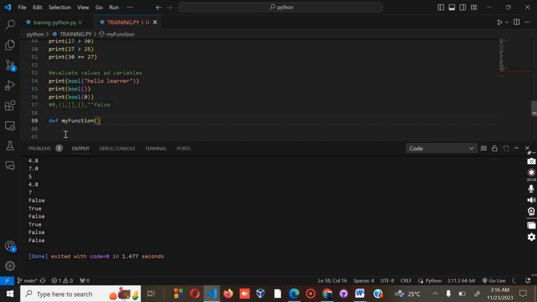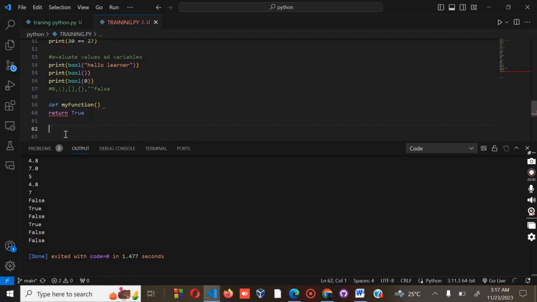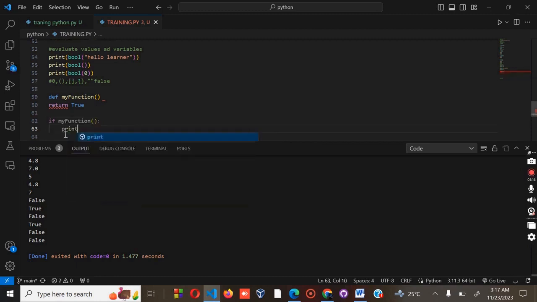You define my function, then so you return true if my function prints